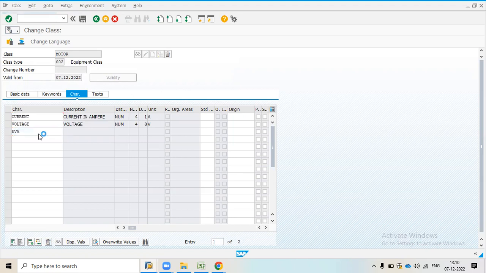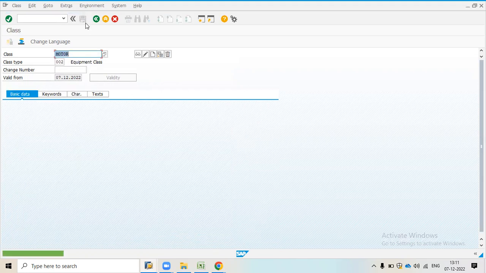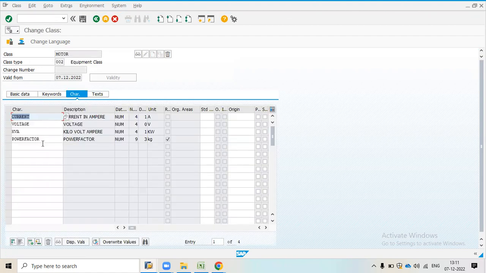KVA, press enter. After that power factor, press enter. I will consider only these things. Then I will save it. So this is how we have created a class, and after that we have created some characteristics and assigned these characteristics to this class.